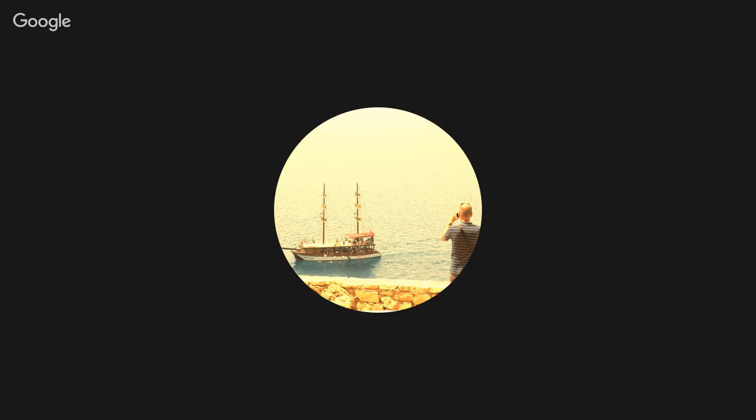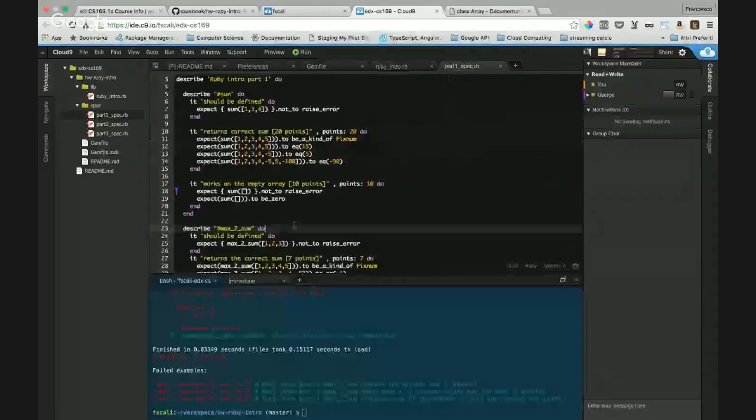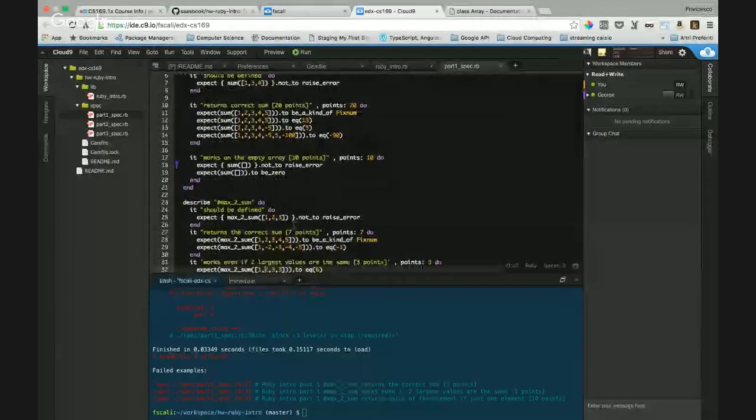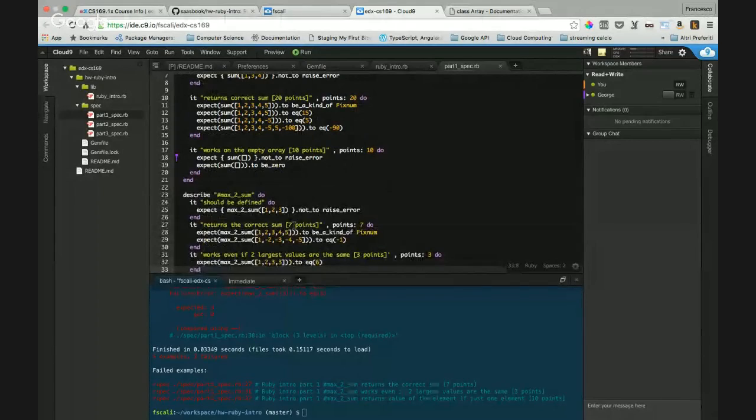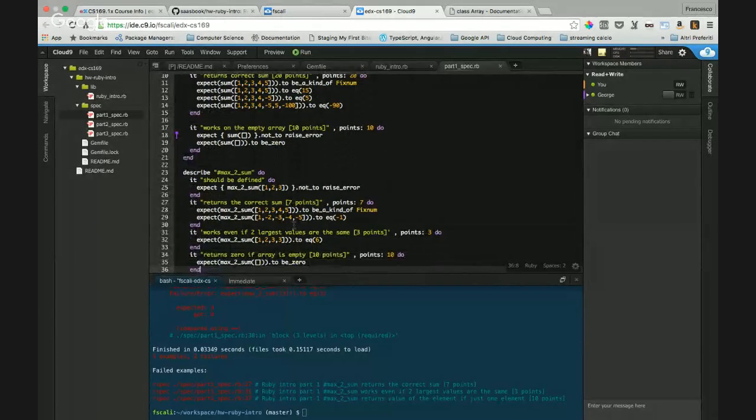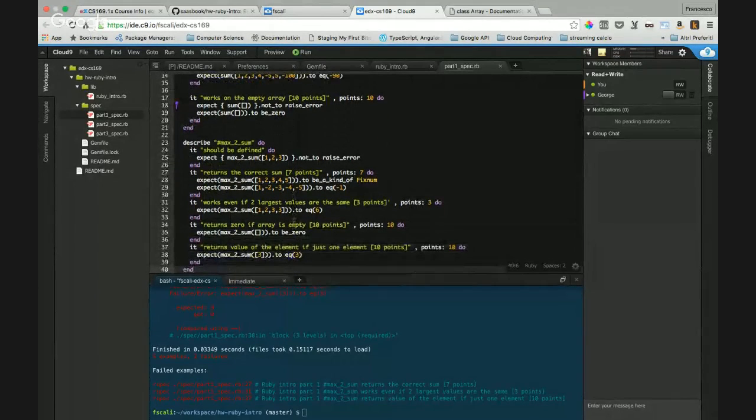So in the first iteration they just hard coded some values and then implemented the real logic. So I think these are the tests that it should pass. The correct sum.